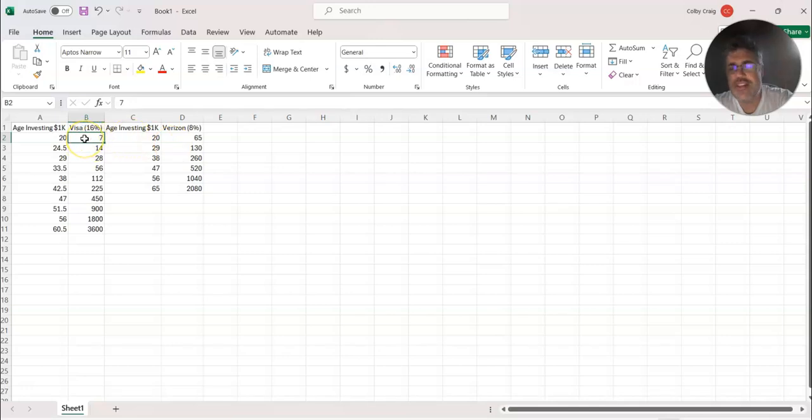you're only going to have about $7 of forward income, which certainly isn't going to sound very exciting. Wow, $7 a year. But with Verizon, your $1,000 is going to get you $65 a year, almost 10 times as much. But if you think about it, $65 a year, what is that? That's nothing. $7 is nothing. $65 is nothing. Neither of those are even close to being at the point where you could retire off of